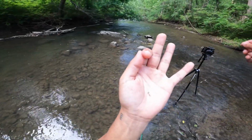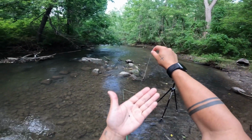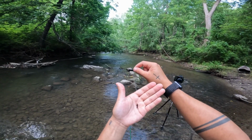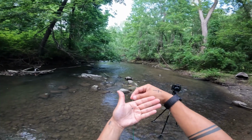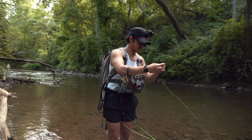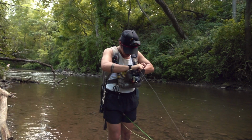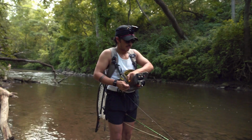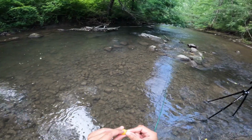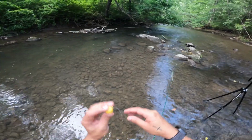Basically, we've got a tiny little fly, a little freshwater shrimp type imitation, little sparkly, got some sheen on it. There's our size 6 split shot. We got our stonefly, and we've got another split shot. And then I'm going to put the indicator just up here, just above my surgeon's knot, just because if I do get snagged up, I kind of do like to keep it above there so that in the event that I get snagged up, I don't lose my indicator. It'll kind of snap off either at the hook, which is not ideal either way,